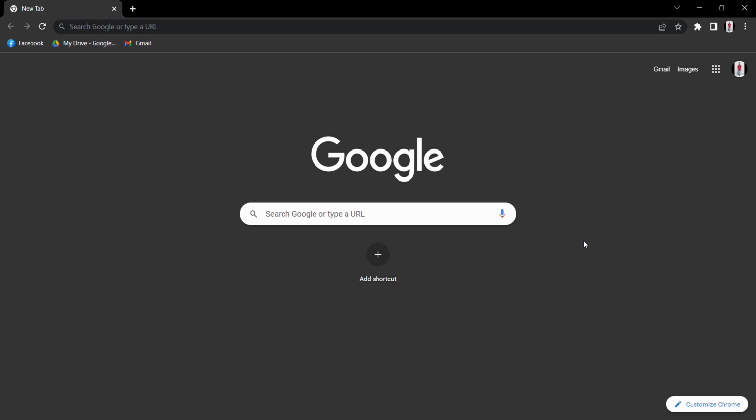So today I'm going to show you how to download CapCut Pro video editor in Windows, in any Windows. Mine is Windows 10. So first of all, you have to open your browser. My browser is Google Chrome. Then you have to search